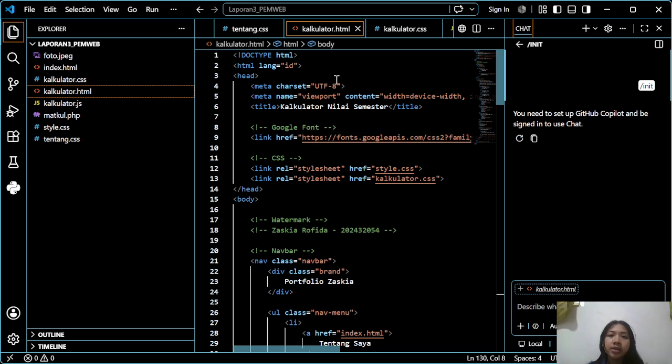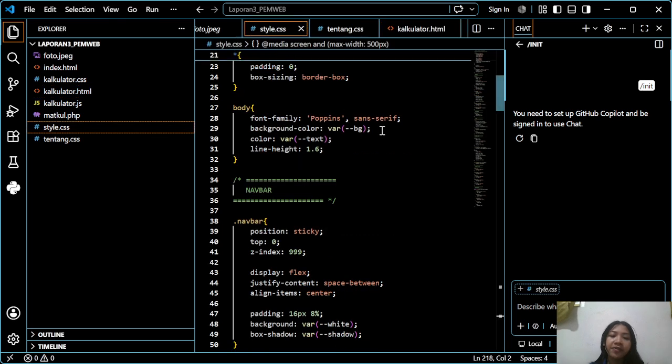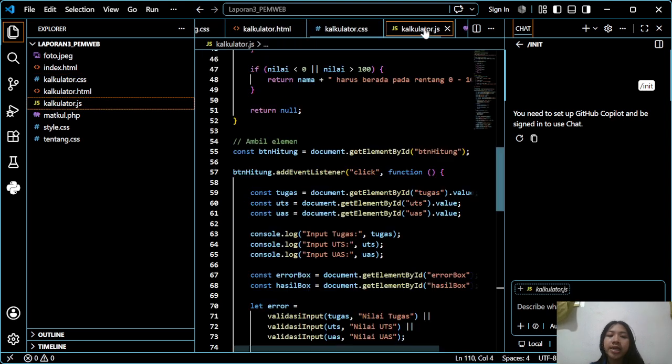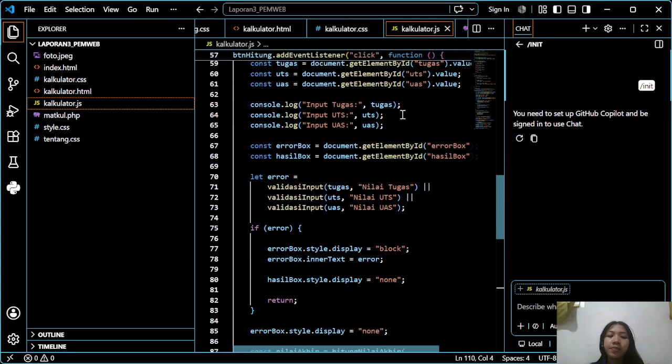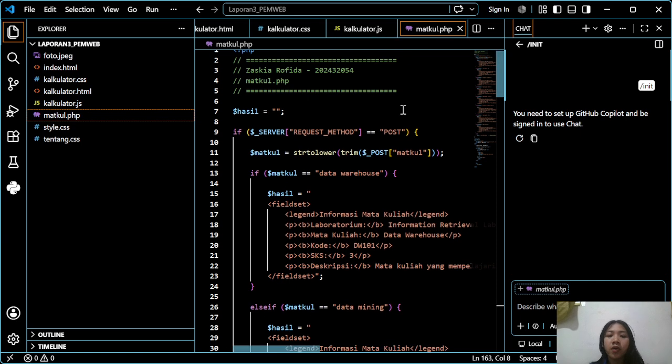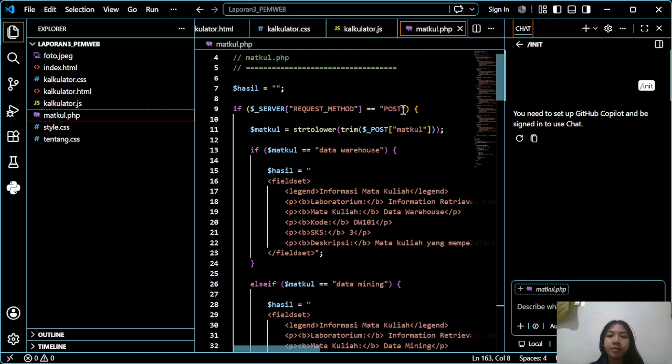The file style.css is specific for the portfolio page. The file calculator.css contains styles for the calculator page. The file calculator.js contains all JavaScript logic, and matkul.php is used for the PHP assignment.